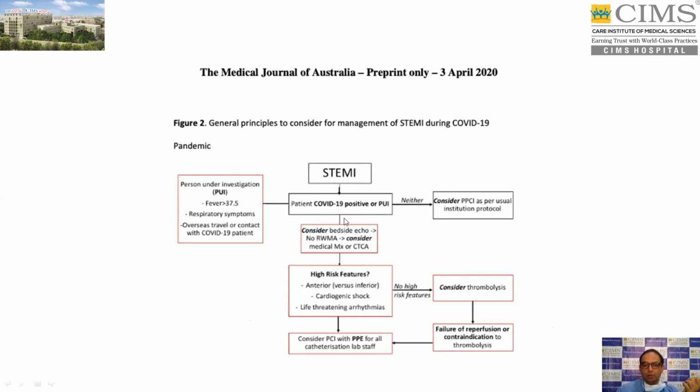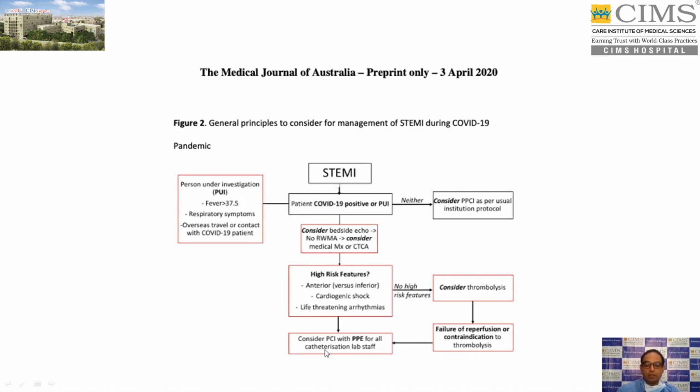Anybody presenting with STEMI, if COVID-19 is positive or if it is a suspected case, then you do a basic assessment. If no such risk factors are present, and if COVID-19 is negative, you can go ahead with primary PCI. If you suspect that this patient has some risk factors, or if COVID-19 is positive, then you do an echo. And if there is no RWMA, you can go ahead with medical treatment, or maybe a CT coronary angiography can be done. But if there are regional wall motion abnormalities and high risk features, like anterior wall MI, cardiogenic shock, life-threatening arrhythmias,